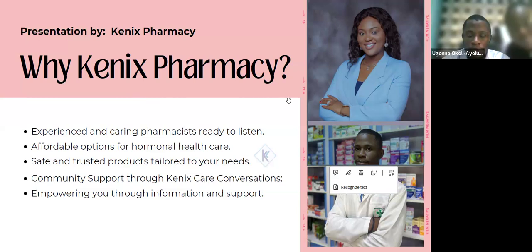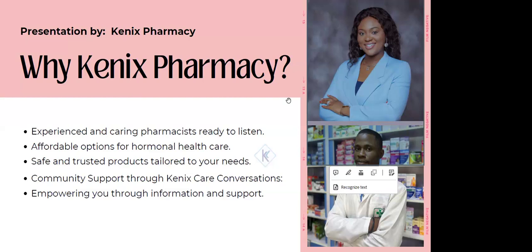Is it possible that menopause can set in before 40 years? Yes, before 40 years you can reach menopause. At that point, we don't call it menopause, we call it premature ovarian failure. Between 40 and 45 years, it is called early menopause or premature menopause. When does menopause start? On average, it's between 45 and 55 years of age.